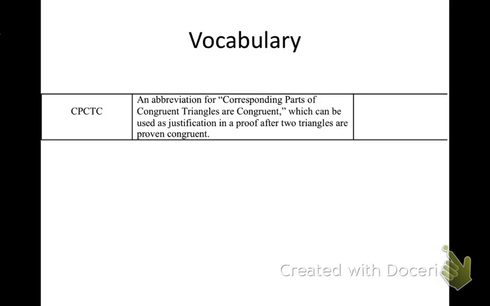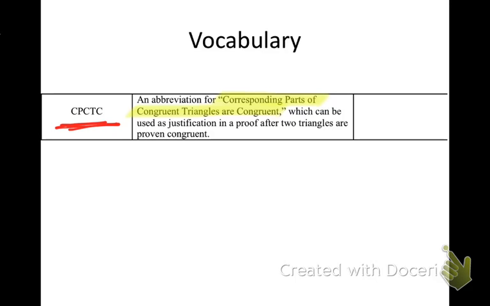CPCTC, this is what we're talking about today. This stands for corresponding parts of congruent triangles are congruent. So corresponding, C; parts, P; of congruent, C; triangles, T; are congruent. What that means here,